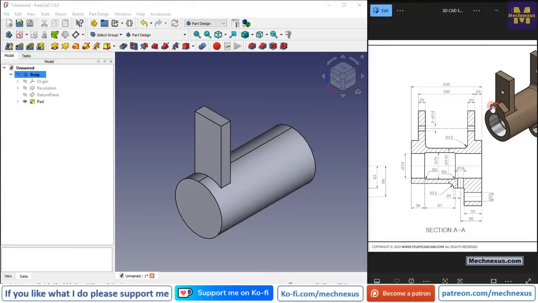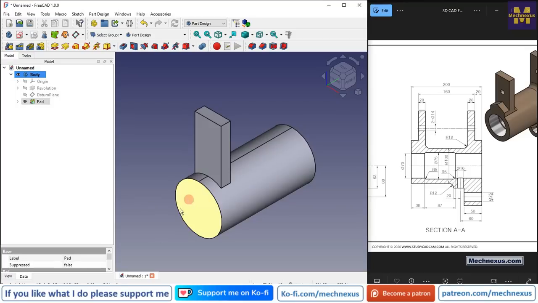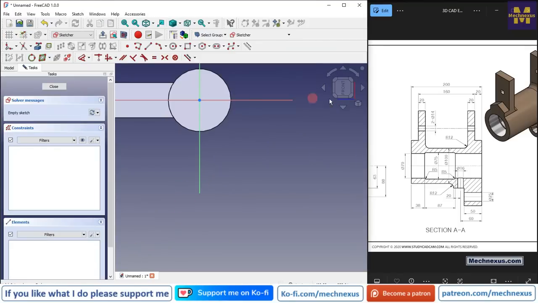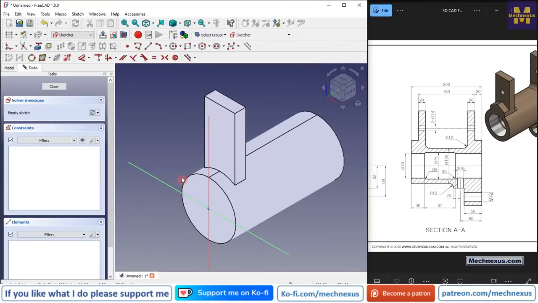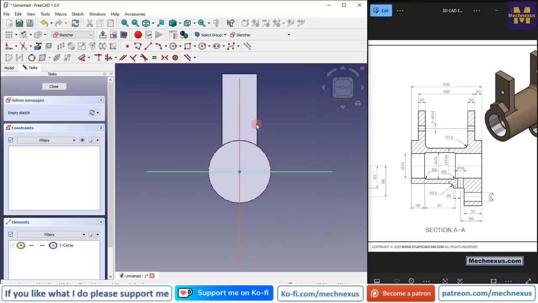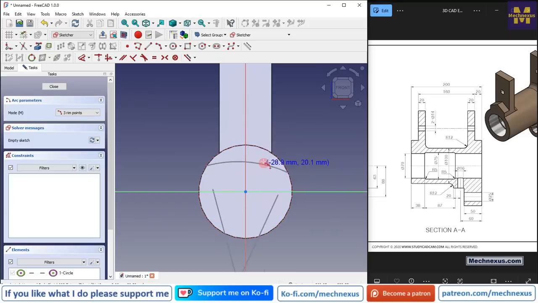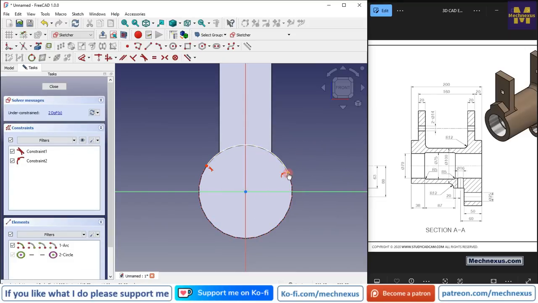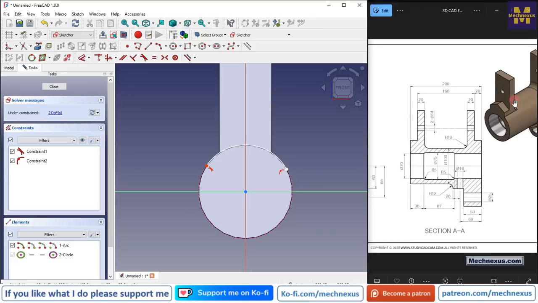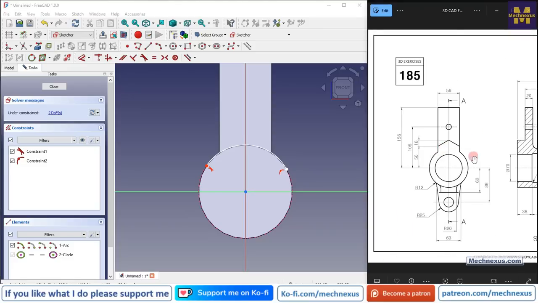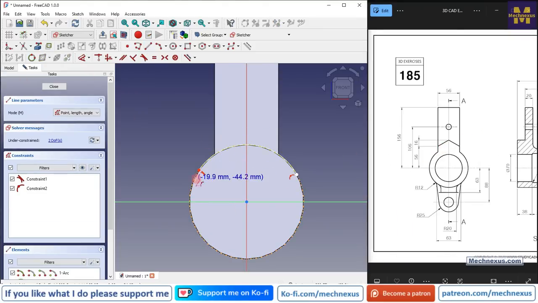Now we will move to the next feature. The next feature is to create this profile. So select the face and click on the sketch, press 0 for isometric view and right orientation, and now click on the project geometry and project this diameter, and now create a 3-point arc. Select this and create a 3-point arc, and let's create a similar profile which is shown here. So we will select the line tool and add a vertical line,